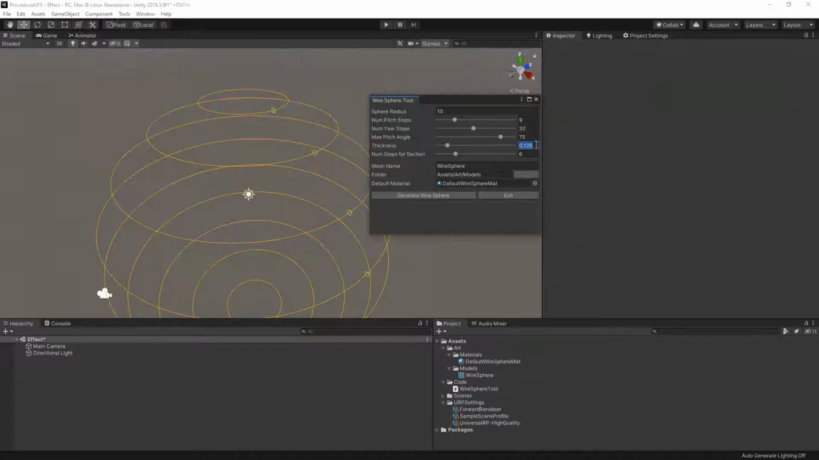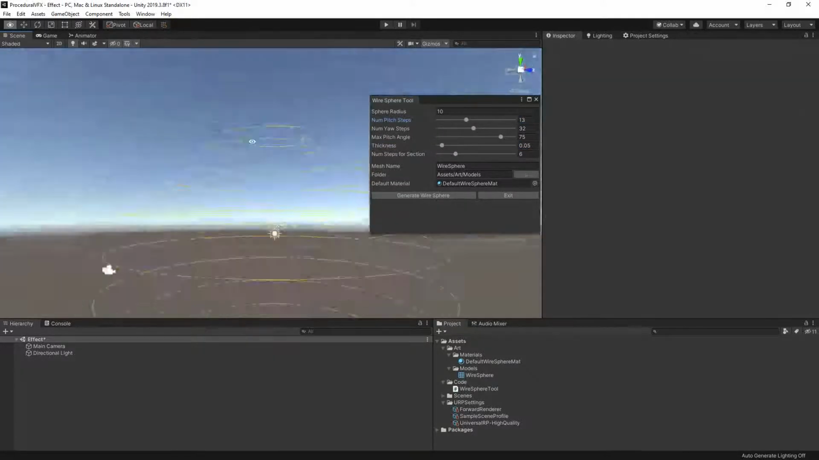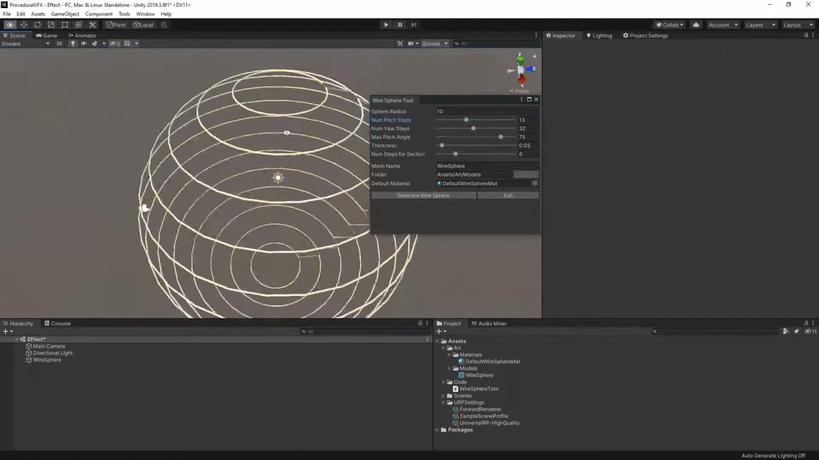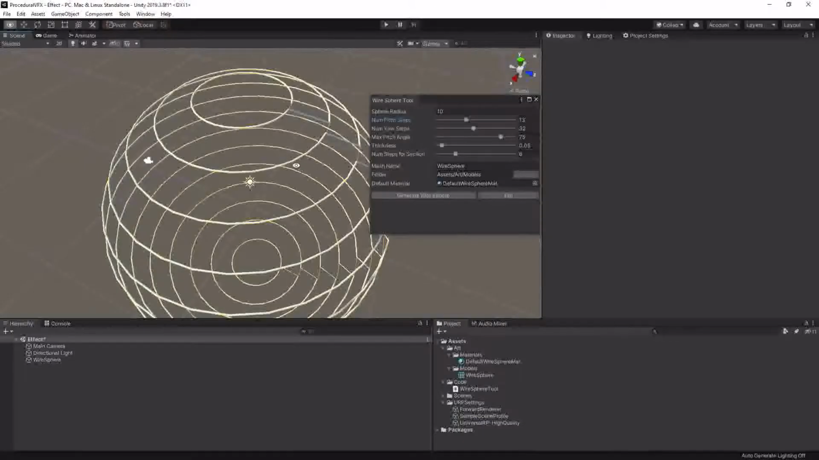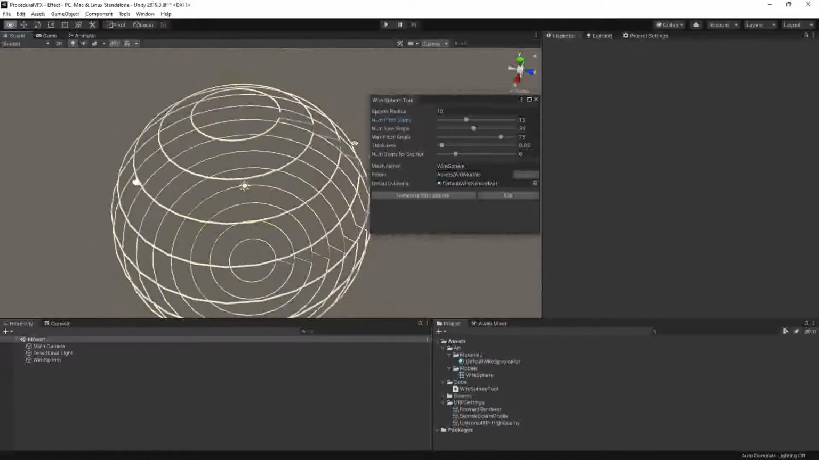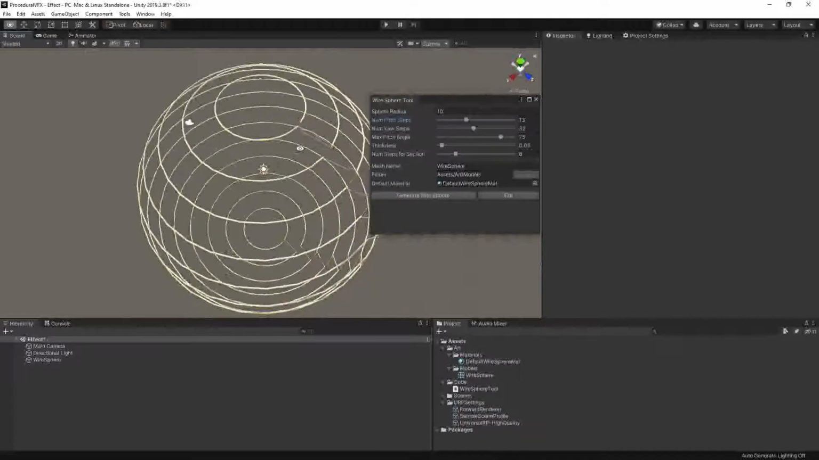So let's put it 0.05, and let's make it more like 13. I think that sounds about right. Created, yeah, it looks a lot better. It's still a bit too big, but yeah, it's okay. Anyway, so